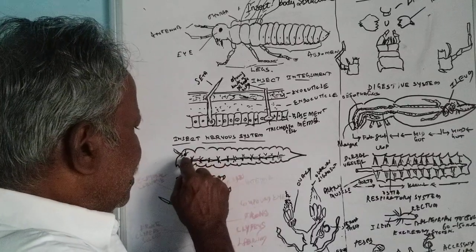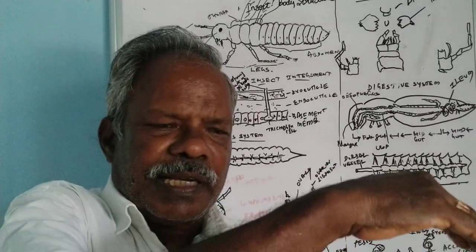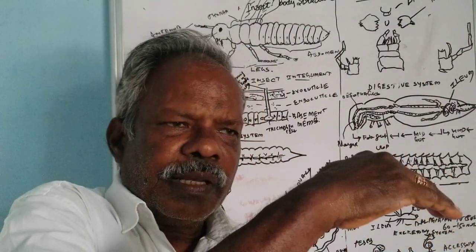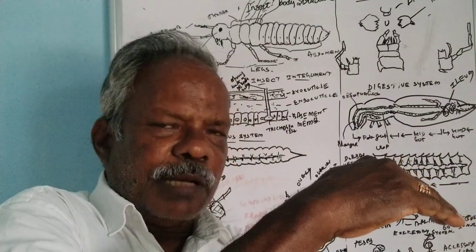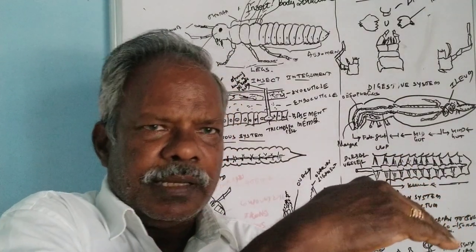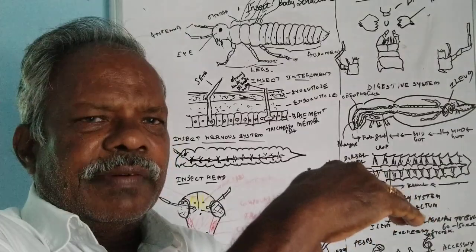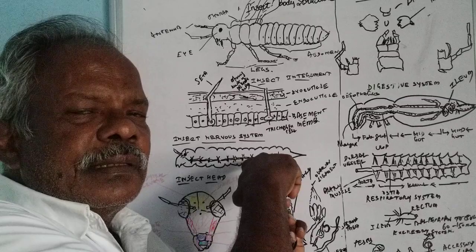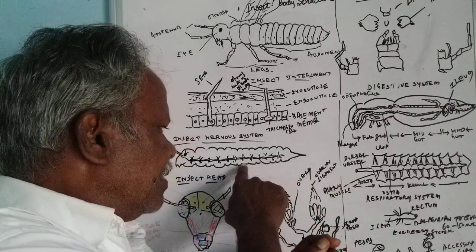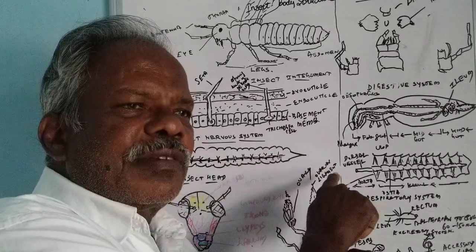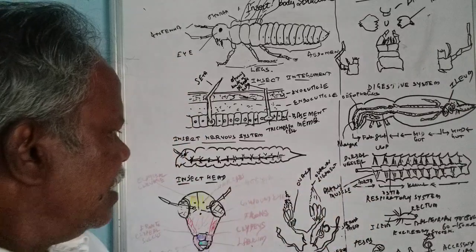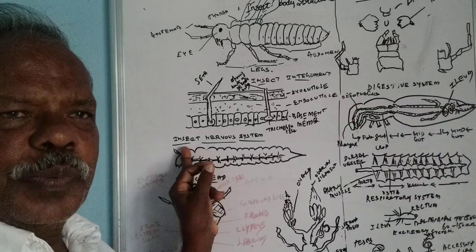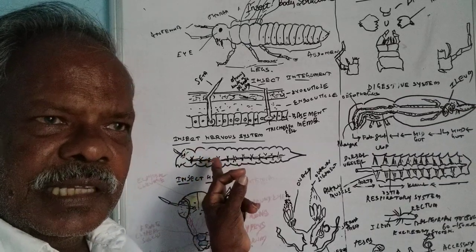So this is the esophagus, this is the supraesophageal ganglion, and that is the circum nerve, and then the subesophageal ganglion will be there in the head on the ventral side. On the dorsal side is the supraesophageal. From there a double ventral nerve cord will be seen. So, barring the supraesophageal and subesophageal ganglion, there will be three